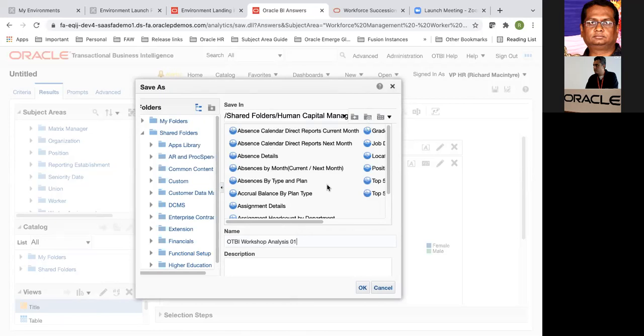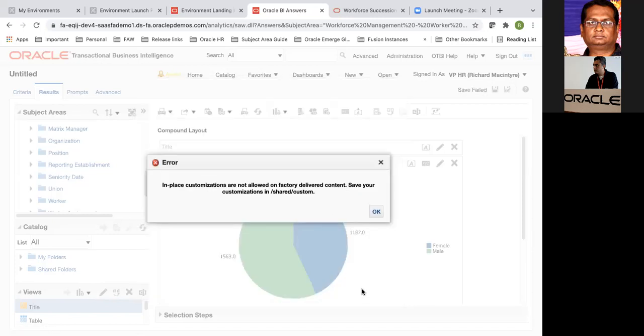Let's see what happens. The moment I say that, it gives me a message that you cannot save it in the shared folders, human capital management. Instead, you should always save it under shared custom folder.